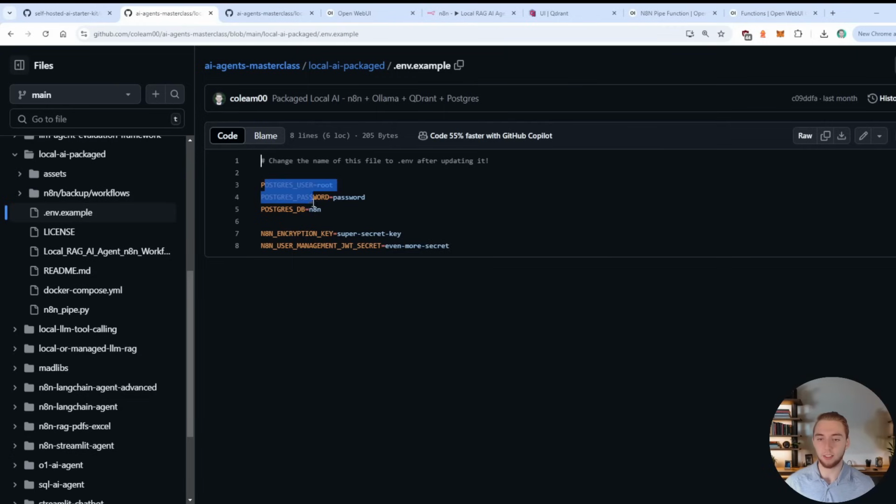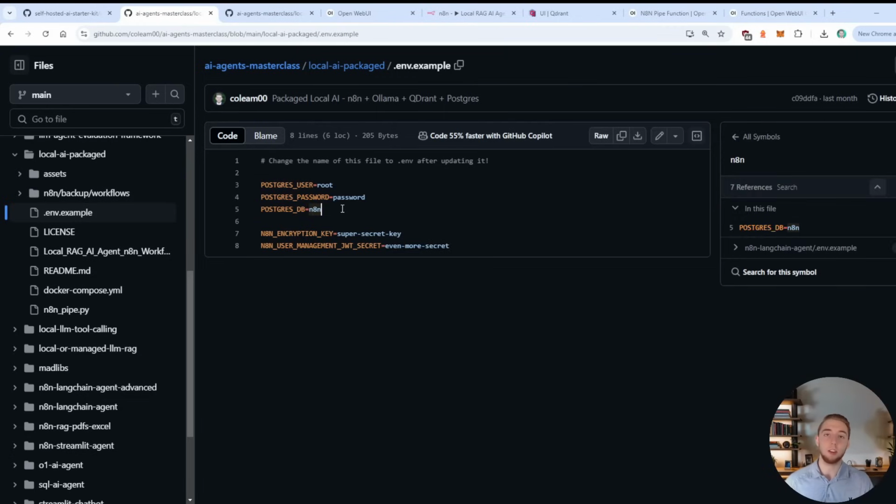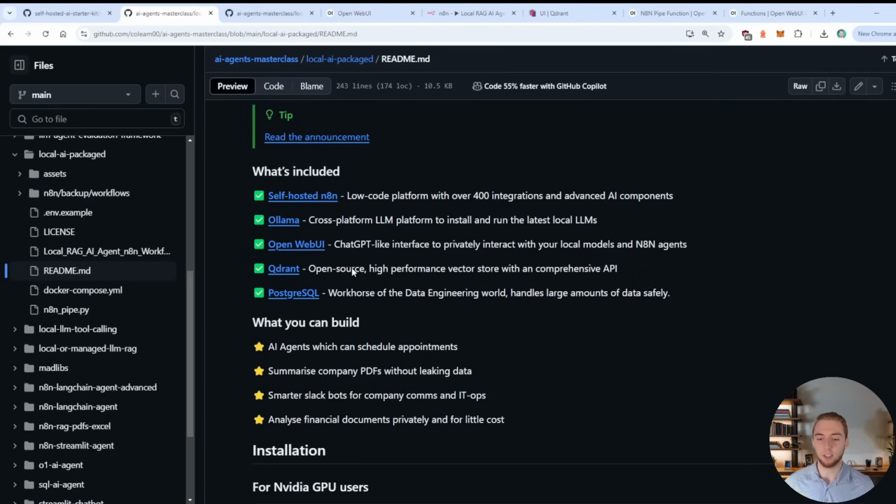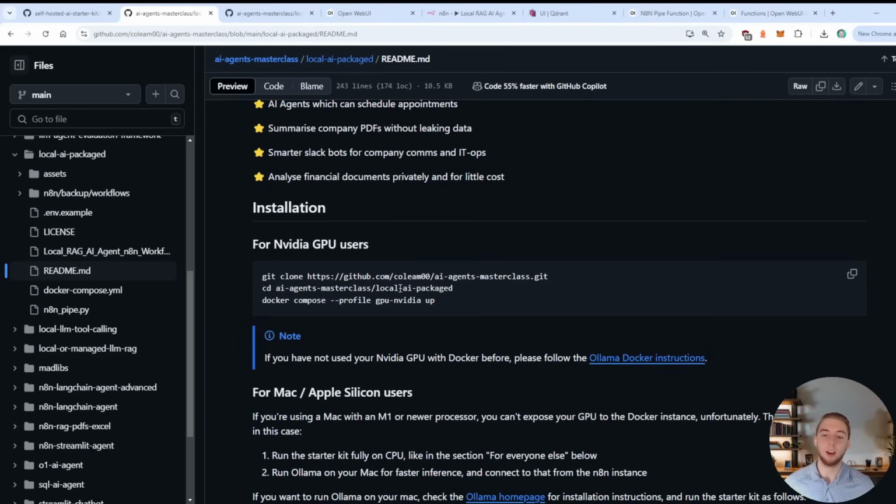So this is going to define the settings for Postgres, like your username and password for the database, as well as what the database name is. And then for these encryption keys, you can just make this whatever you want. Just make it an alphanumeric string that's relatively long, but this is all running locally, so it doesn't really matter too much what this actually is. So after you have this renamed to .env, then you'll follow these instructions here in the README to do the